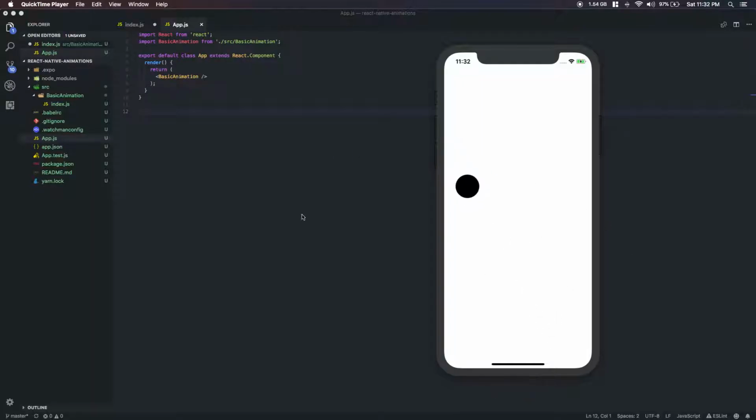Hey everybody, this is Dominic, and today we'll be looking at the basics of React Native Animations. This will be a continuing series where we'll be exploring the layout animation and the animated API. So this will be on GitHub, and you can take a look at it after this or just follow along